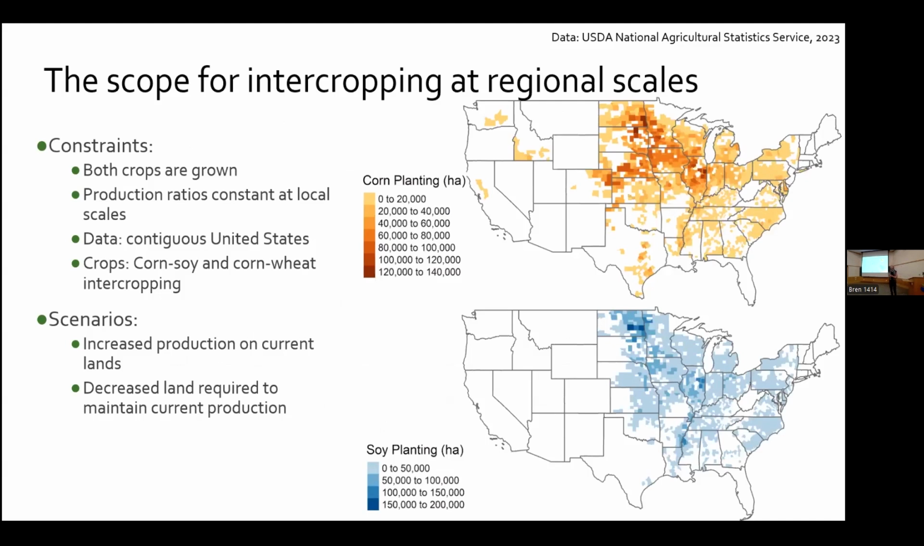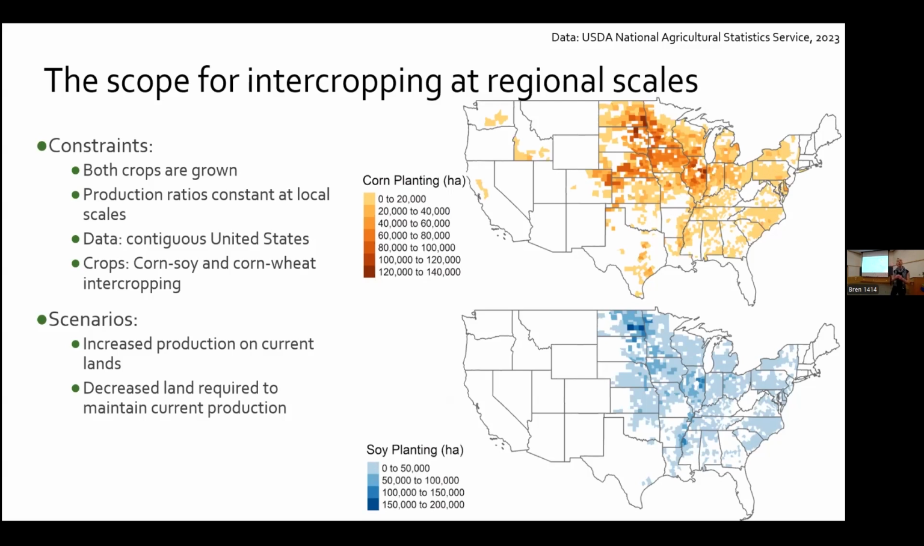To do this, I'm looking at this: you can't grow every crop in every place. So only places where both crops are grown are relevant. And then only the land used for those crops is relevant. I'm also going to constrain that the production ratio of the two crops must remain the same. That's a major constraint, which really means we're setting a conservative lower bound on the potential scope for intercropping within our current systems. Because of the excellent data availability, I'm using the contiguous United States,